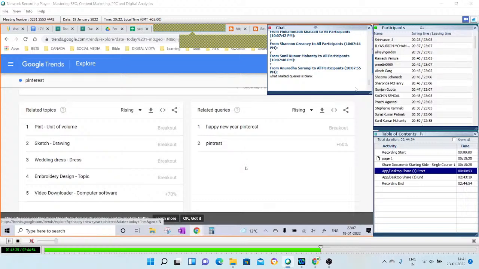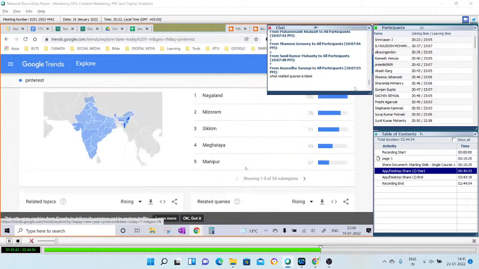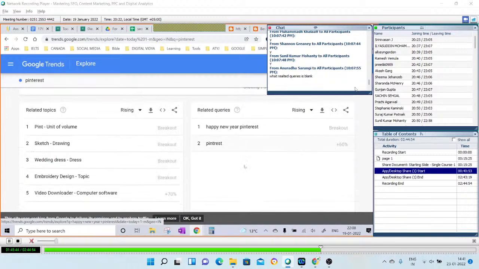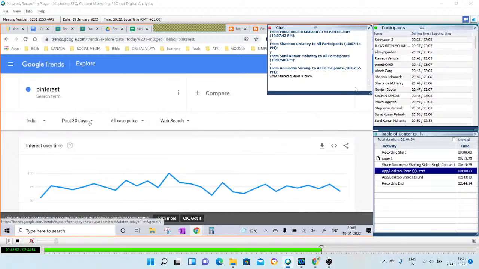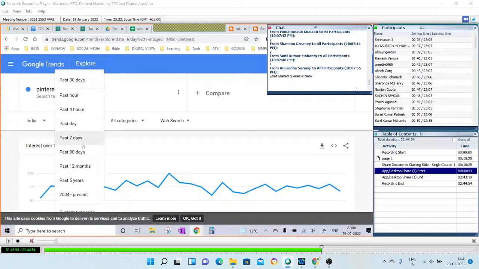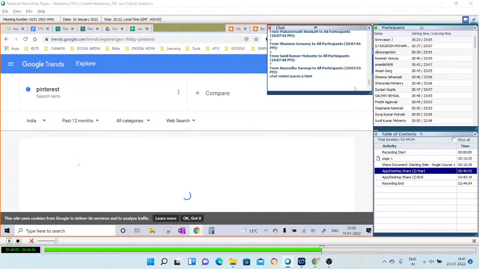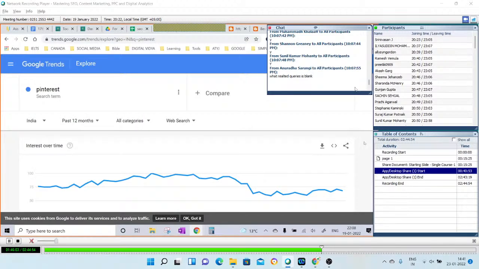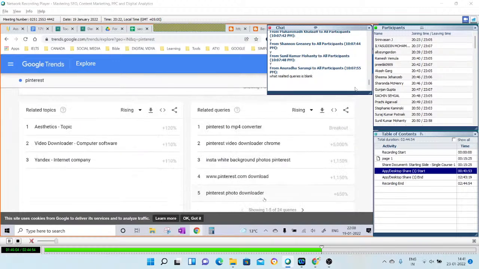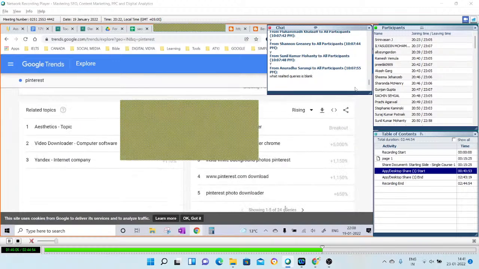Okay, and just wait. But there are no related queries. If there are no related queries on the rising side, then you will not see queries here. You just have to increase the period. Then only you will be able to find them. If I don't get anything in the last 30 days, then I have to see what has been in the past 12 months. Of course, in the past 12 months or more than that, I will be able to see a lot of ideas. Almost 24 queries I get.